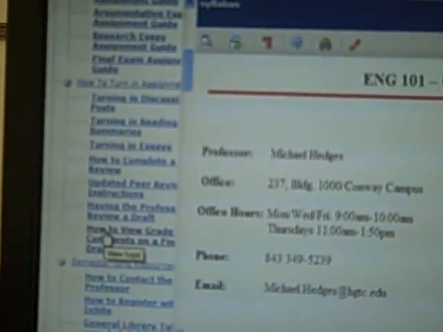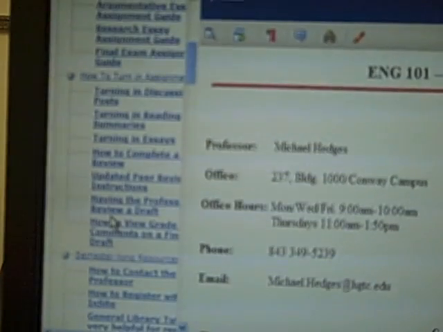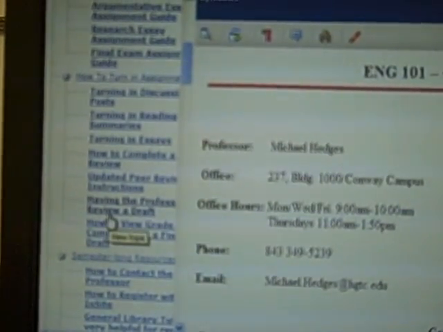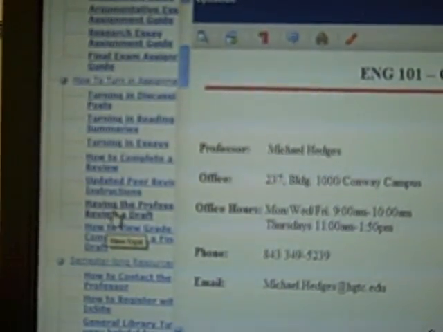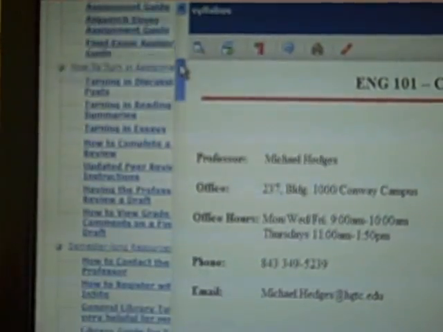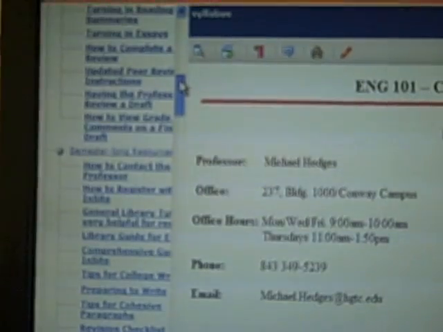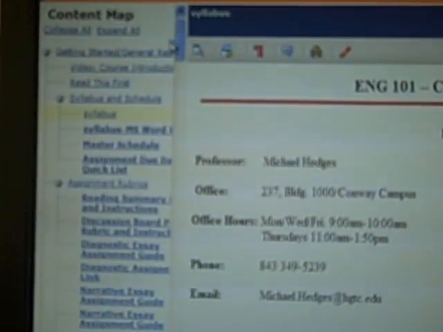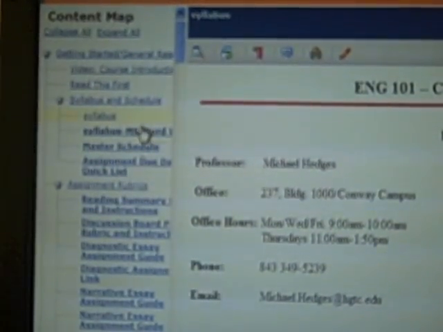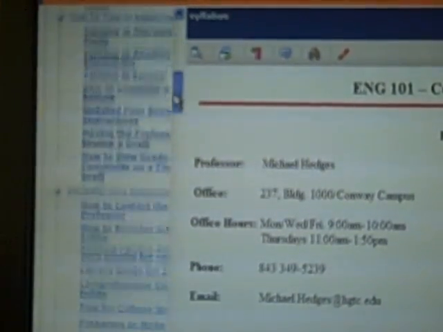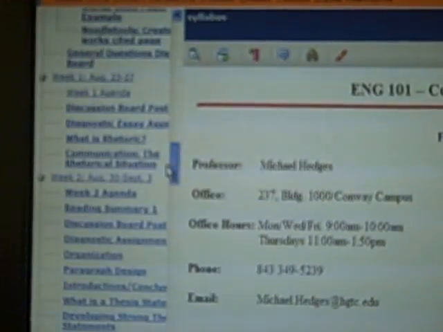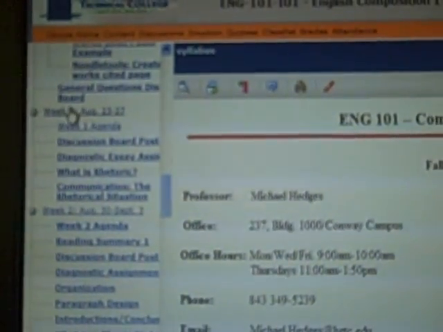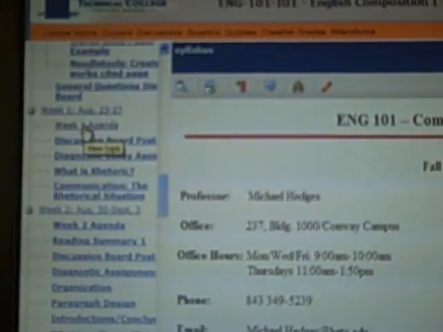Some of them are done over email, others are done through Cengage Enhanced Insight, which is the textbook website that's provided with you with the pin code. So there are a couple of different ways that you could run through the course. You could just download the master schedule and the syllabus and follow the instructions on the schedule and syllabus. But what I've tried to do for you, if you go down far enough, is organize the course week by week. So when you click on any one week,